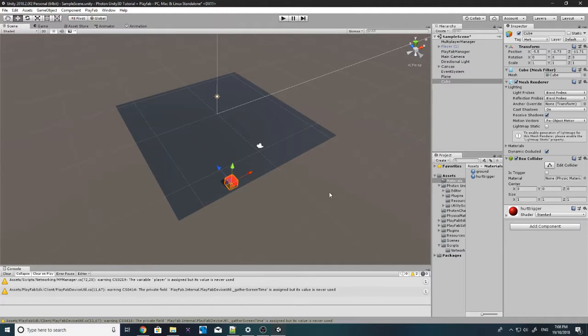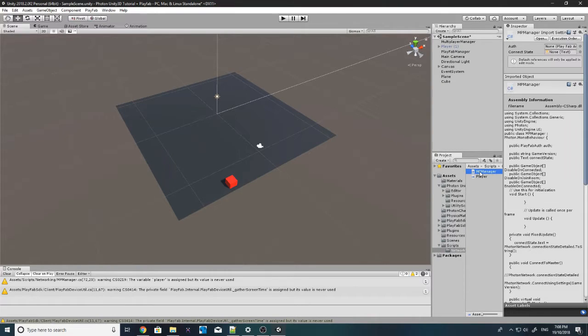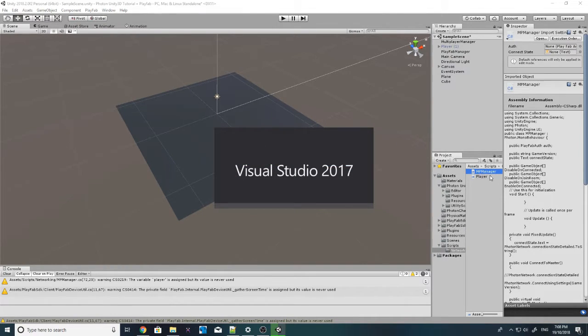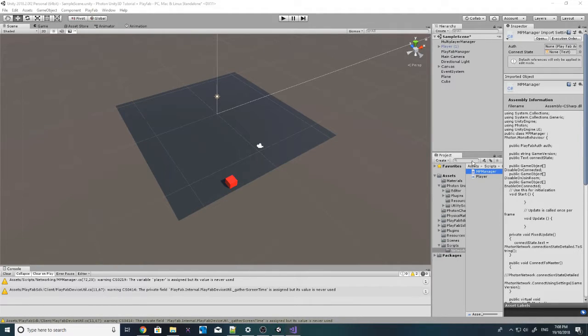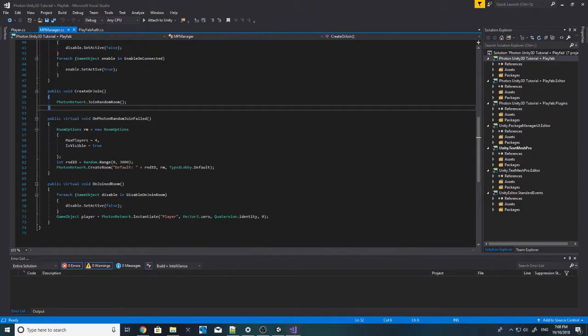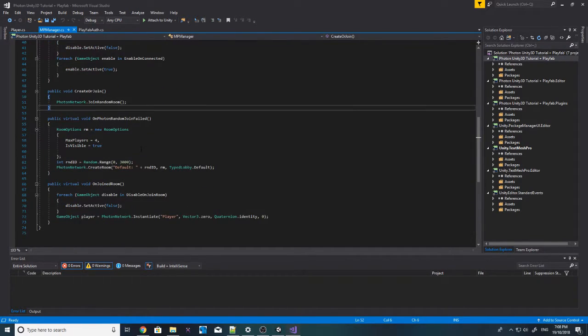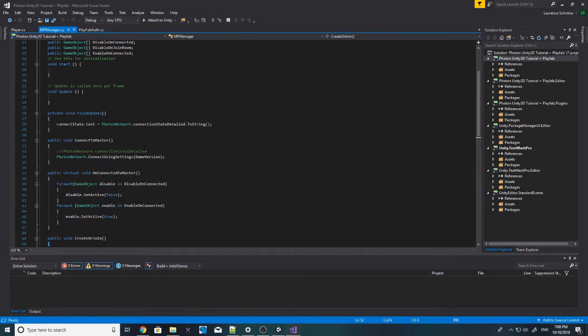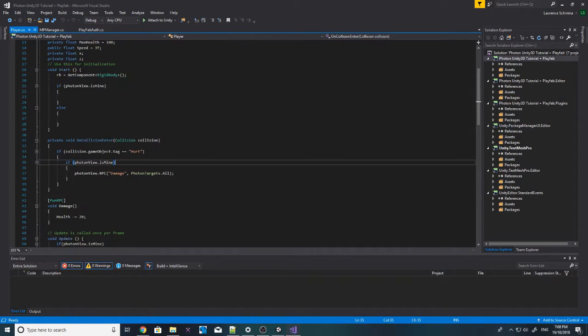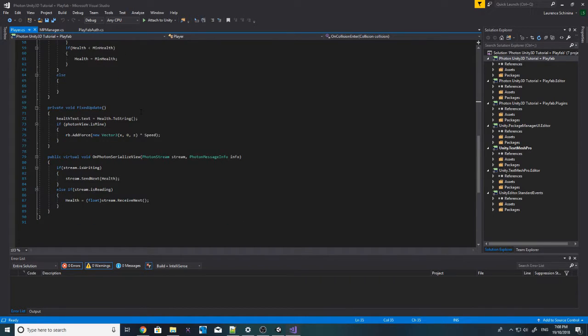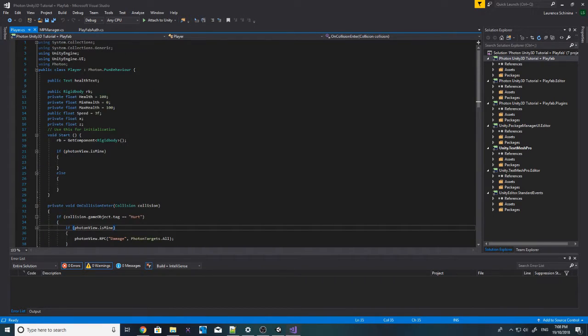So let's go ahead and open our MP Manager script. Okay. It's in here. Okay. So on our player, we're going to want a new